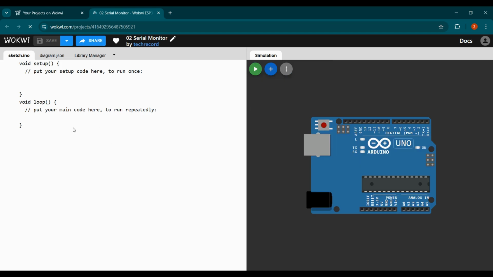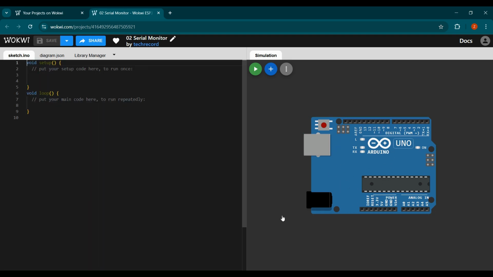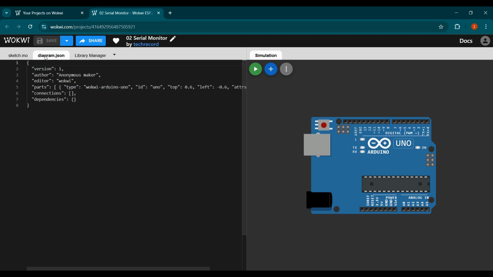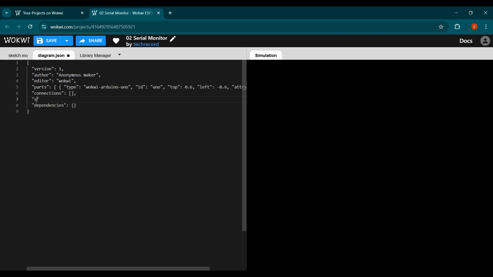In the new tab, you can see over here that we have made a project which has an Arduino microcontroller. We have studied in the previous videos how we can create a project in Wokwi. For adding the serial monitor, as you know, for adding any component, we will add it in the diagram.json file. For adding the serial monitor, under the connection, you have to write code, like you have to specify